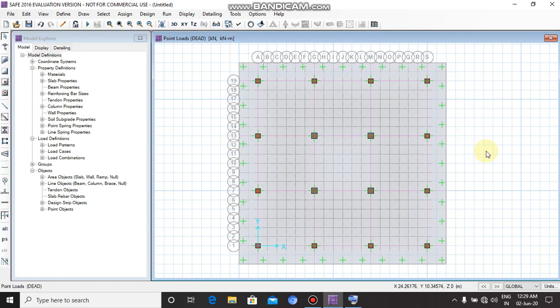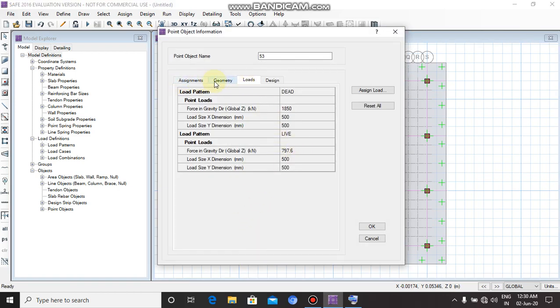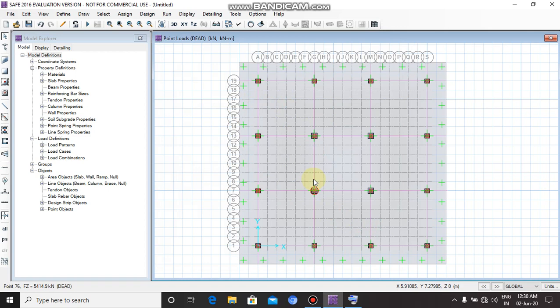Now you can right click on any point on the column to check the dead load and live load along with the size. For example, let's right click on column 1 and then go to load. We can see the dead load is 1850 kilonewton and the live load is 797.6 kilonewton. The similar way we can check all the dead load and live load from column 1 to column 16.